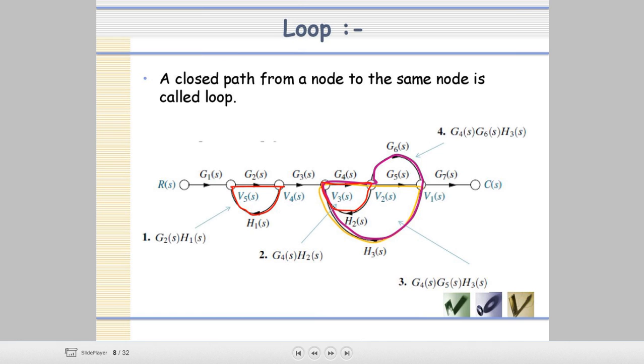This node again coming to this node, this is one loop. The gain of that loop 1 is G2 into H1. In this way we will find out the loop 1 gain. Then second loop, we can see again here is a loop. Consider this node coming to this node again, so what will be the gain of that loop? G4 into H2. Now next third loop, we can see